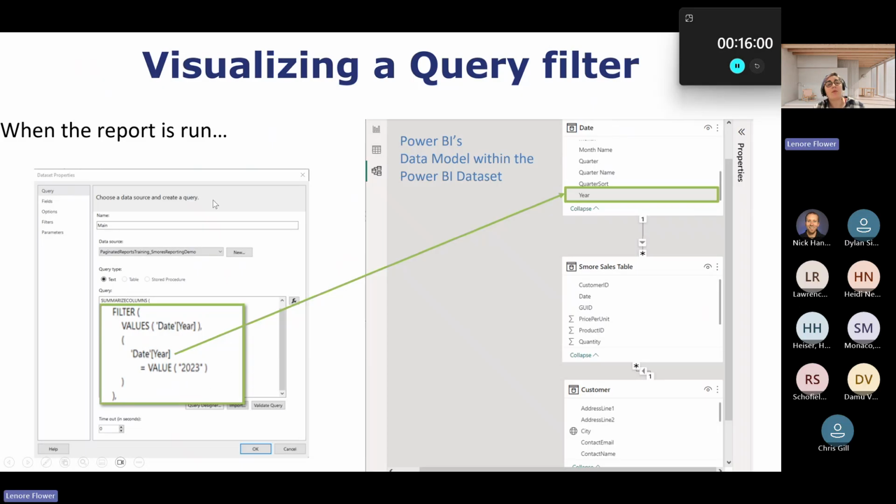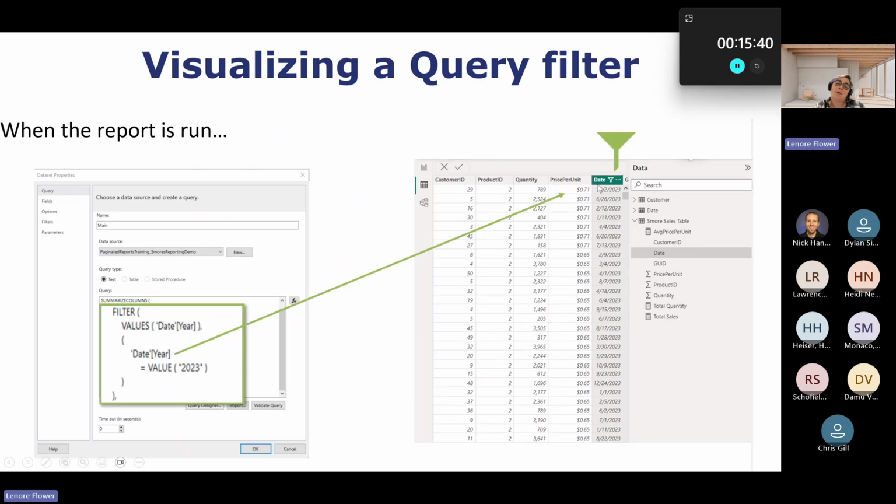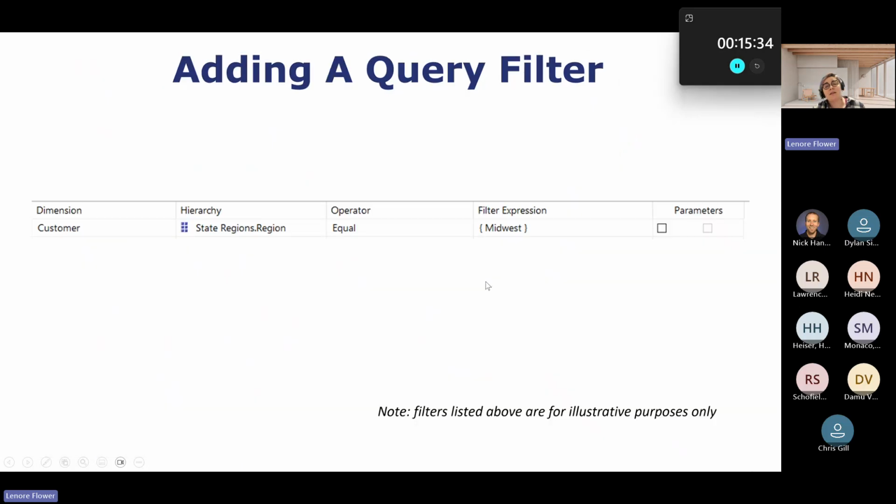And that, when the report is run from the Power BI Report Builder, is going to go to the year in the Power BI dataset / semantic model and filter the relevant values in the fact table. It's almost as if, when you're in Power BI Desktop, you took this date value for your fact table and filtered it directly right here. That's all going to be passed back using that filter context.